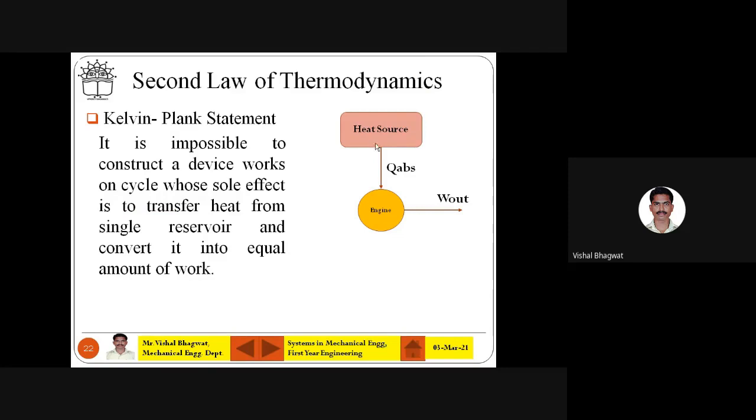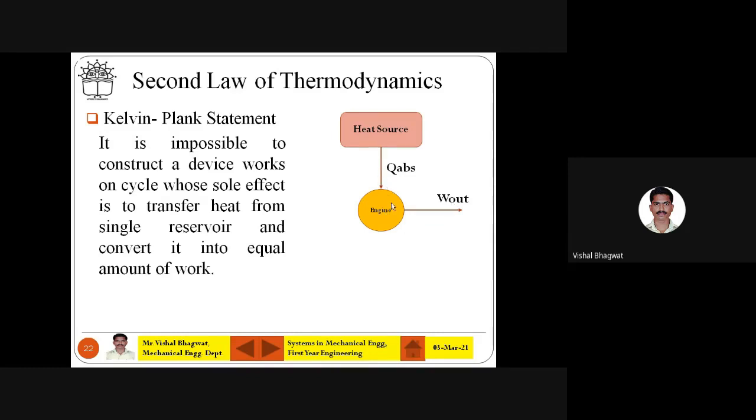That is nothing but this is not possible, right? It is not possible to absorb the heat from some reservoir, supply it to an engine, and then the engine will convert it 100% into work output. So Q equal to W is not possible. Understood? The Kelvin-Planck statement is saying that it is impossible to construct a device which will run with 100% efficiency. So this is a representation of 100% efficiency.